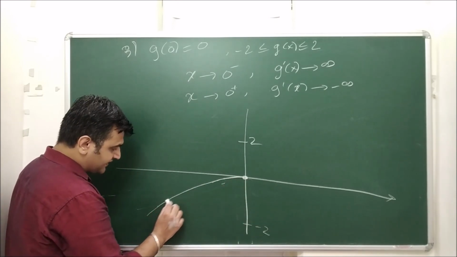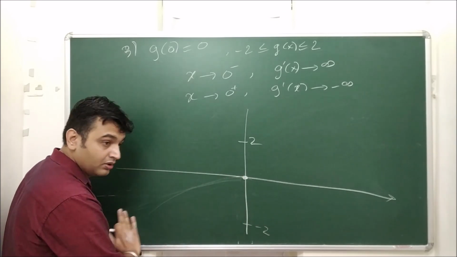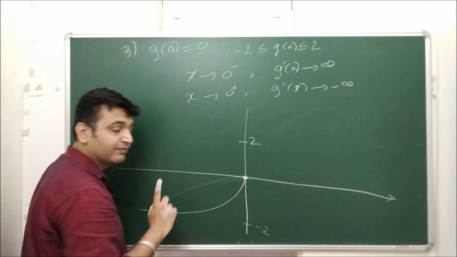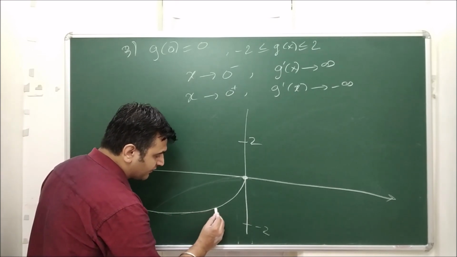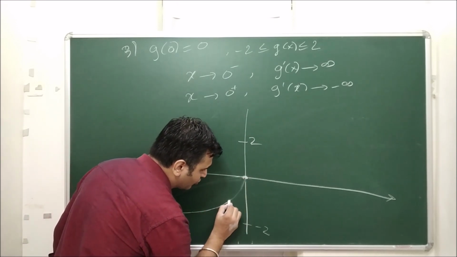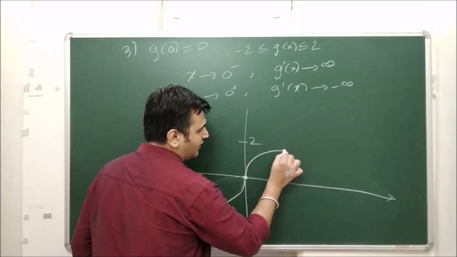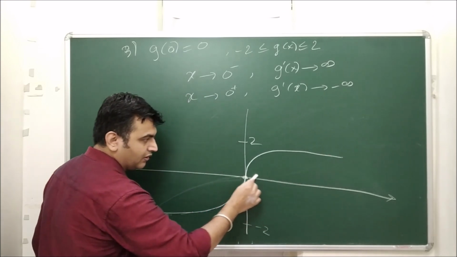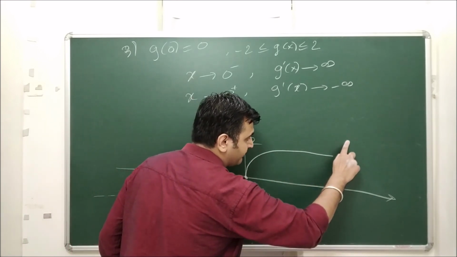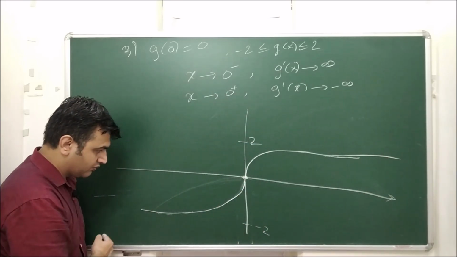Answer is no, right? Because as you can see, the tangent line will become more and more horizontal. That means slope will approach 0. But slope is approaching plus infinity, so it can't be concave up, it has to be concave down. And now you can see the tangent lines are becoming steeper and steeper, so the tangent line will be kind of vertical. If you want, you can bring it much closer to the y-axis. And here also it's increasing and it has to be concave down, because if it is concave up, the tangent line will become horizontal, then the slope will approach 0. So it can't go beyond minus 2 and 2.